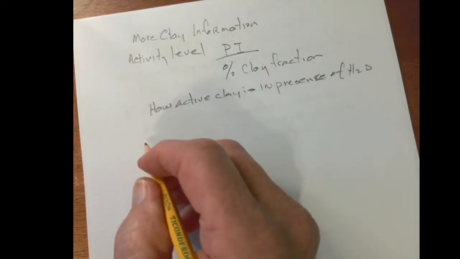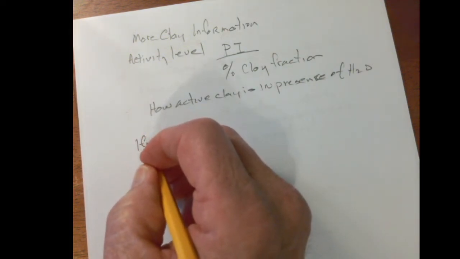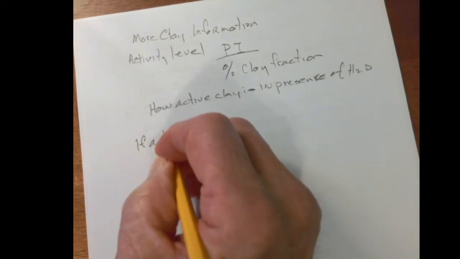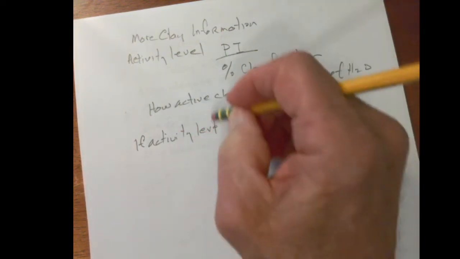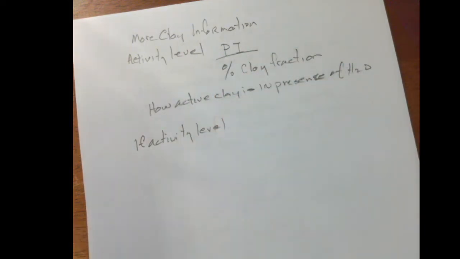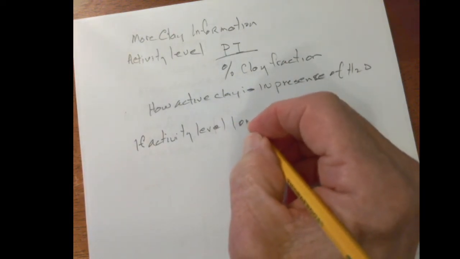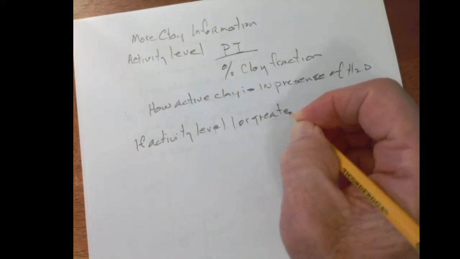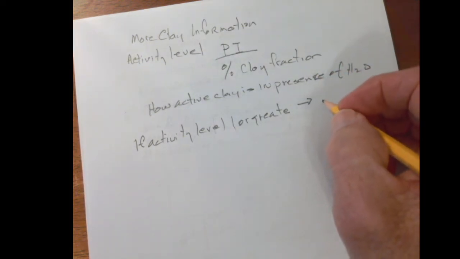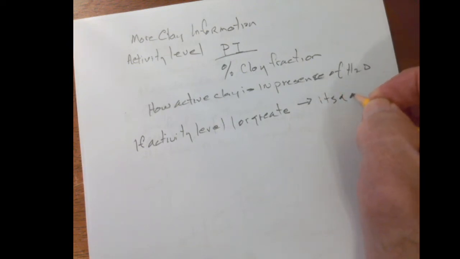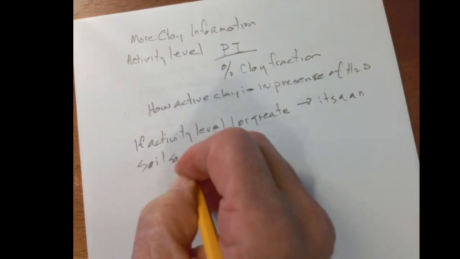So if we come up with an activity level of 1 or greater, then it's a pretty active soil sample,